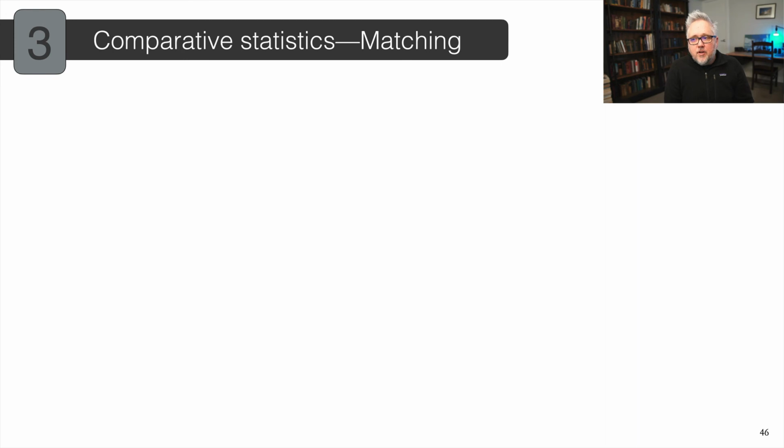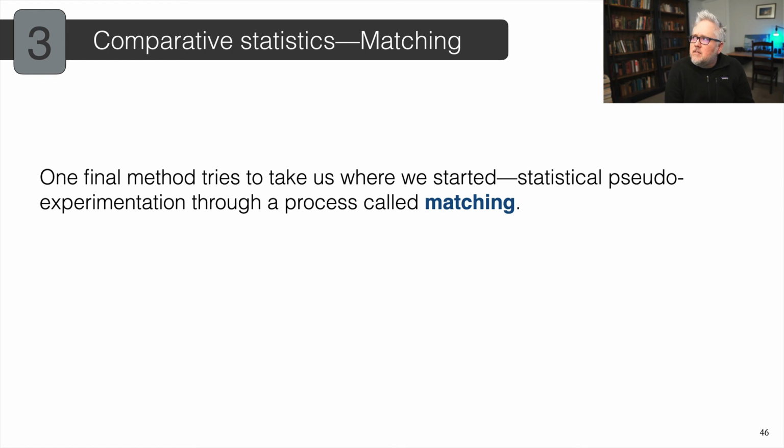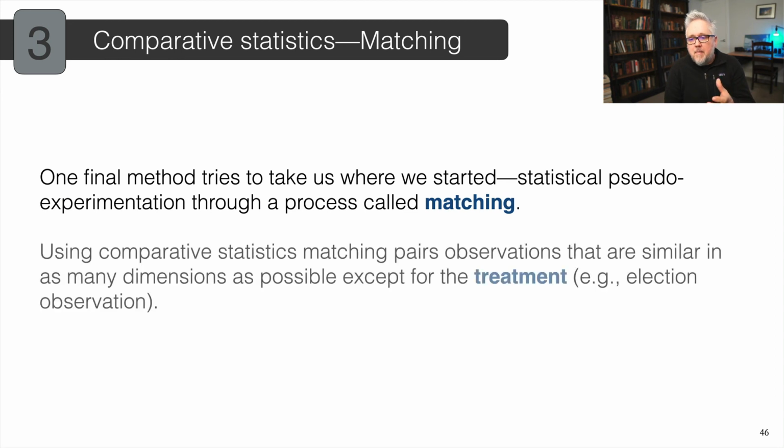The last technique for comparative statistics I wanted to highlight, I don't expect you to be able to do this, but I think it really connects well to the natural experiment readings, like the Posner reading for this week, in which you get a pseudo-natural experiment through matching. I think we're going to get some matching readings later on, maybe not in this term, but it's a way, from just general observational data, to conduct a pseudo experiment or a pseudo natural experiment by trying to match different pairs of observations we have in our data that are similar in as many dimensions as possible,